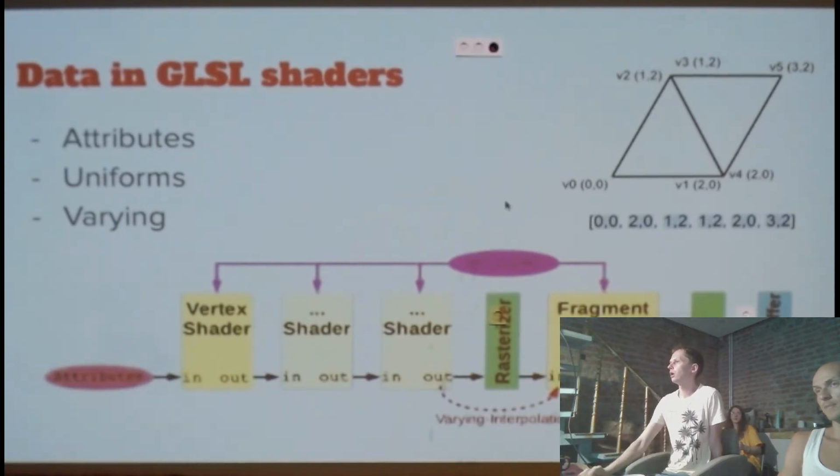So it is clear actually what the difference is between attributes, uniforms, and varying. And I haven't said anything about varying yet, so I need to say about this too. So what's happening between the vertex shader and the fragment shader? The fragment shader takes all of the triangles that you calculated in the vertex shader and starts to fill them